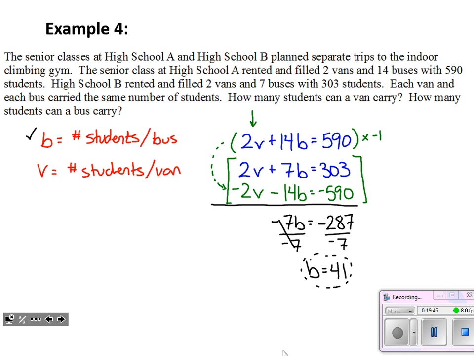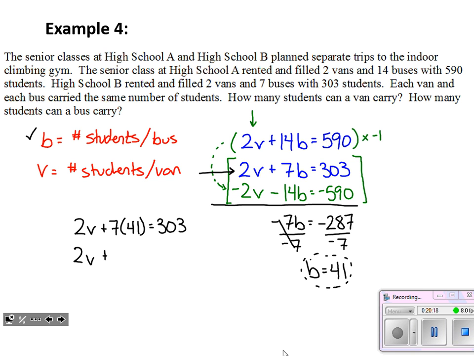So I got to go back to my original 2 equations. Which one looks easiest to work with? I'm going to choose the second one, just because it has more manageable numbers. Obviously, we probably want to use a calculator to help us out with some of the arithmetic here, but I've got a better shot at using the second one without a calculator if it comes down to it. All right, so we know that B equals 41. Now that's telling me that 2 times V, I still don't know that, plus 7 times 41 is going to equal 303.